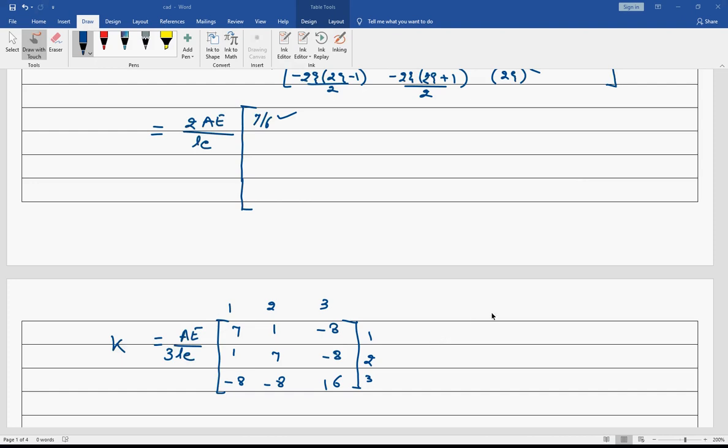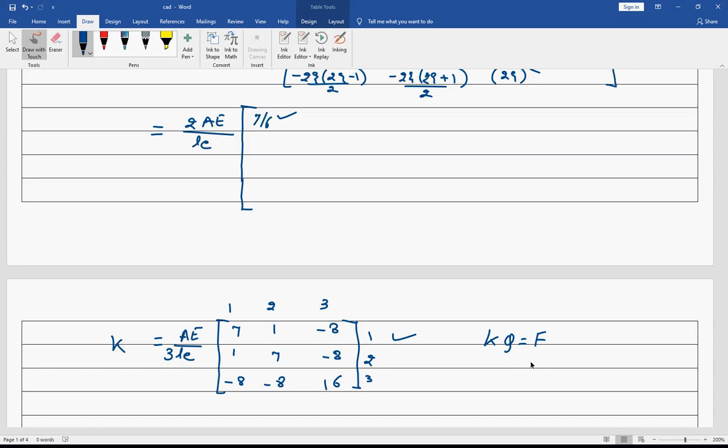Basically, the same process we are going to repeat throughout FEM. For first order what we have done, now for quadratic element what we have done, now we are going to go through cubic element, then the various truss elements, then we have the two-dimensional element. All the same process we are going to follow, and our task will be finding the stiffness matrix, writing the equation KQ equal to F, and solving it and getting the value of Q. So that's what FEM is all about.